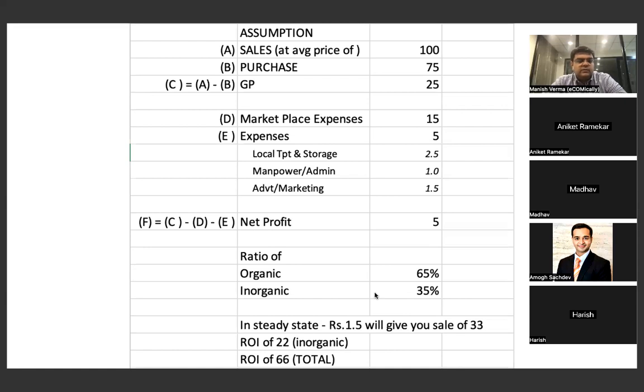तो वो 1.5 रुपये जो है आपको 33 रुपये की sale देकर जाएगा। और क्योंकि आपकी organic 2/3 sale हो रही है, which means कि total pe आपका ROI लगभग 66 के करीब रहेगा, और ROI in organic का आपका 22 के करीब रहेगा।